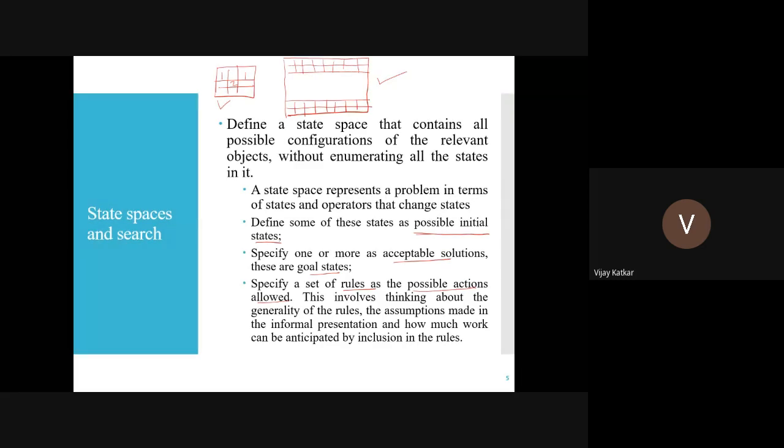So that is what is required in state space and search. Any doubt, class, till this point? No? Can you repeat this, the last idea about it? We have to start with the initial state, then what should we do? See, first you have to start with the initial state. Then you have to define the acceptable states, meaning which states can be considered as the final states.